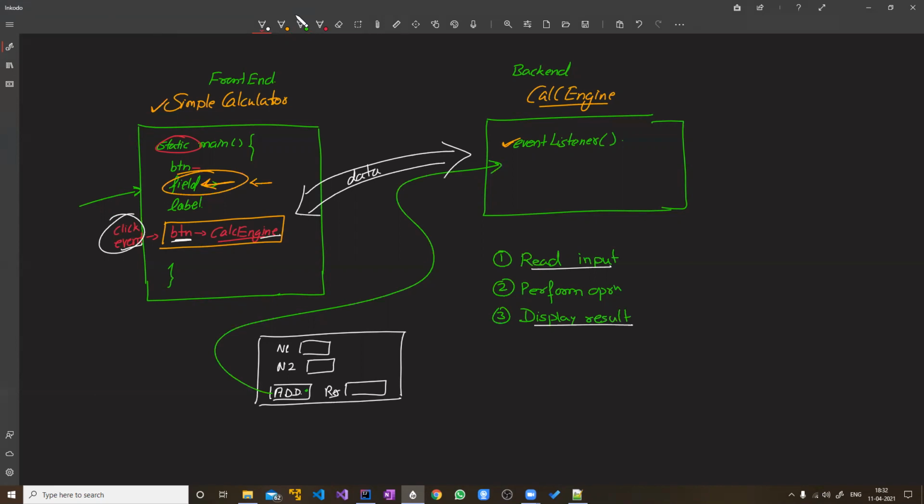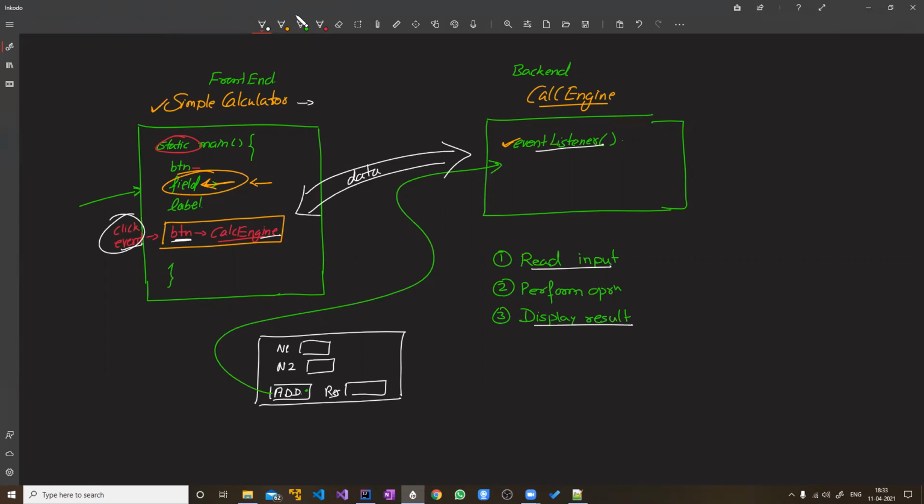Okay, we know that this event listener is a function, so we can pass data to this. But you can see there is a lot of data in this program. There are two fields whose data should be given. But in some other program, there can be more than two fields, or there can be only one field, there can be 100 fields. So like that, it becomes very tricky. So how to do this? One option we have is that you pass this entire object, the simple calculator, right?